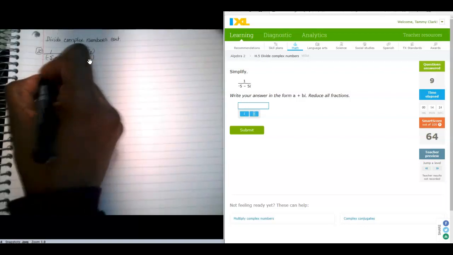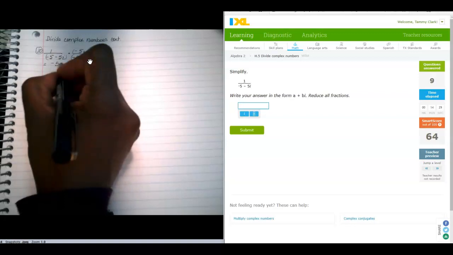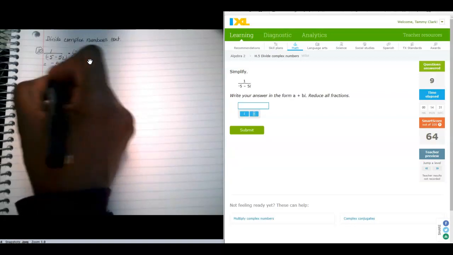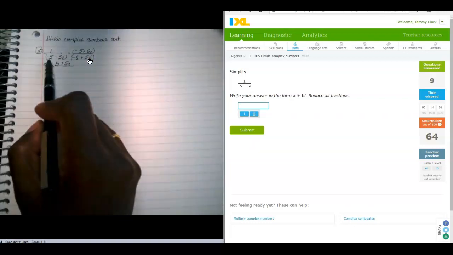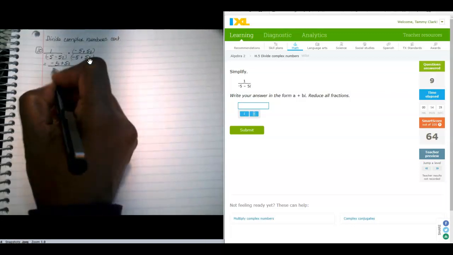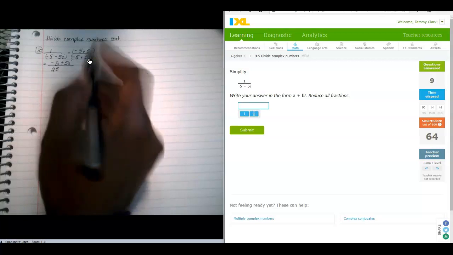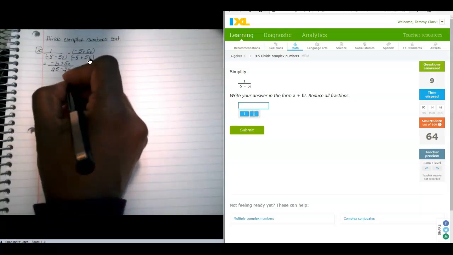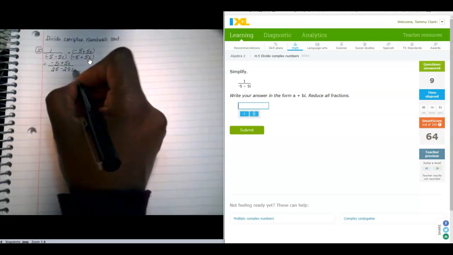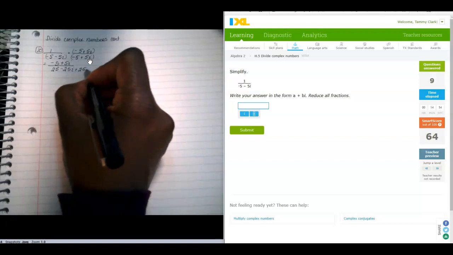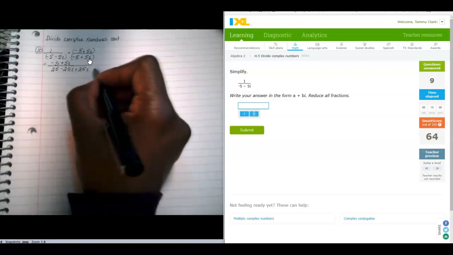So let's go ahead and go. We've got 1 times -5, which is -5. 1 times 5i is positive 5i. That's the numerator. We're done with that. Now let's work on the denominator. -5 times -5 is positive 25. -5 times positive 5i is negative 25i. Negative 5i times -5 is positive 25i. Negative 5i times positive 5i is negative